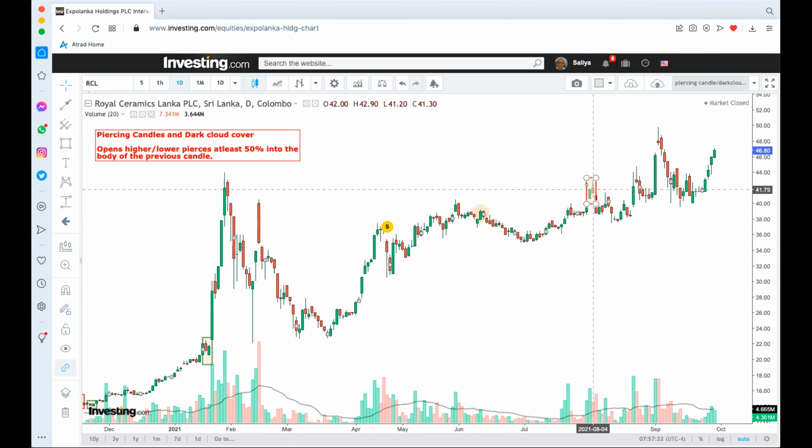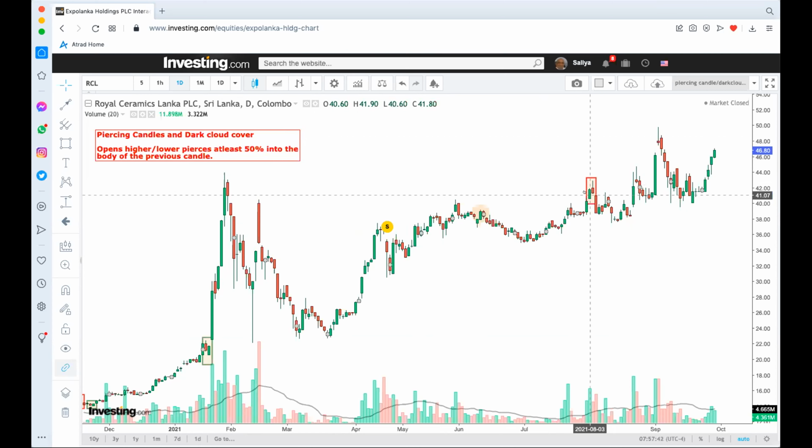You open at this level, go up further, and then when it is coming down, it has to close 50% into the previous day's candle or the previous time period's candle. That is called a dark cloud cover,